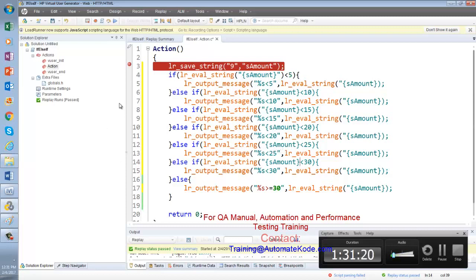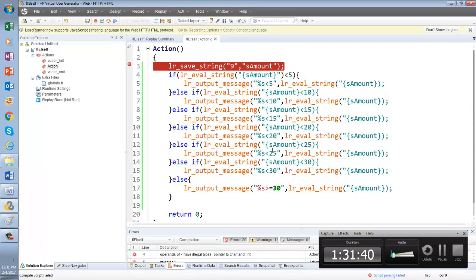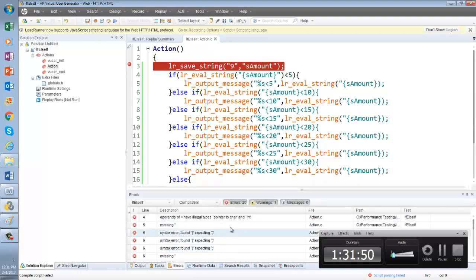Okay. Now take a look here. Probably we'll not be going for loop today because I know that I am inspired, but you are not. Here, can you see? We are seeing something, we cannot do it, a replay error. Now here the issue is: can you see, operands of illegal type pointer of char and int?